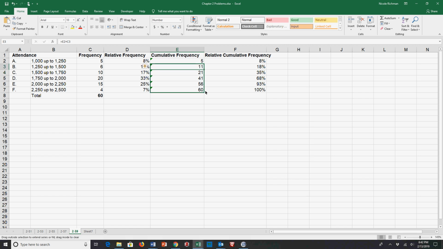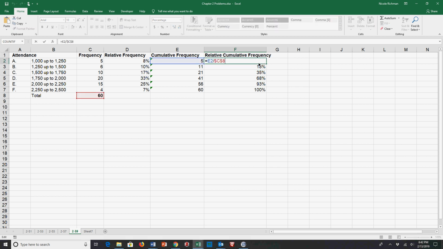And then we can copy that down, and we can see that it continues to move the formula down for us. So our current one plus the prior total. And your last line should always equal your actual total of frequencies. And then relative cumulative frequency is the cumulative frequency divided by the total. And again, we locked that down with F4. So we can see that our frequency adds up to 100